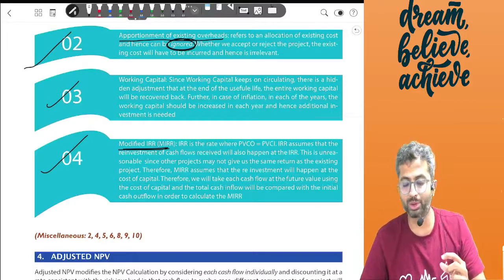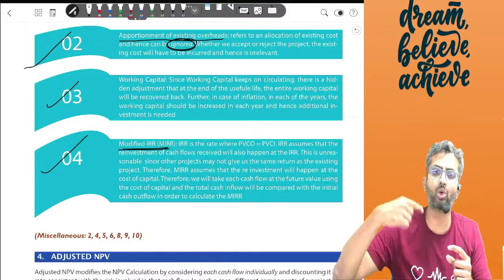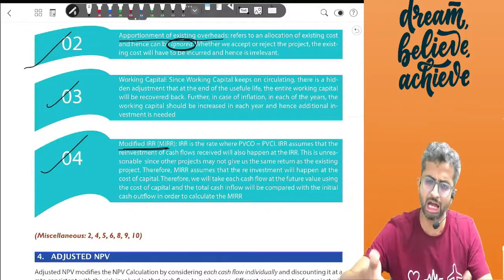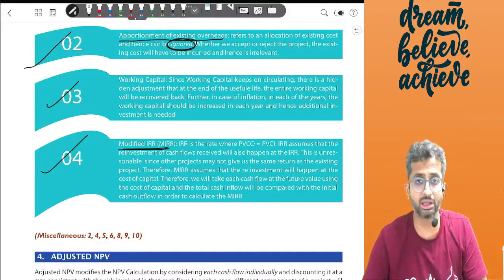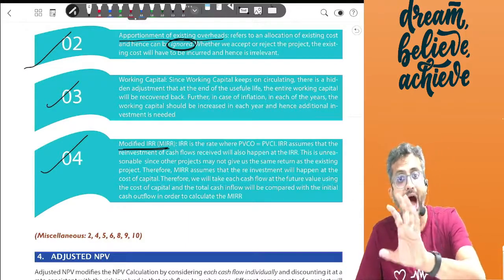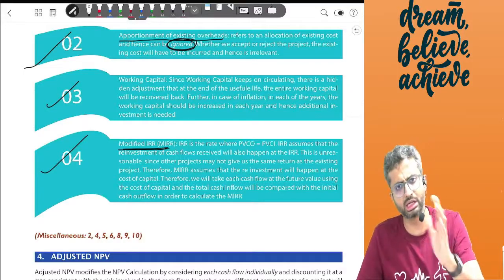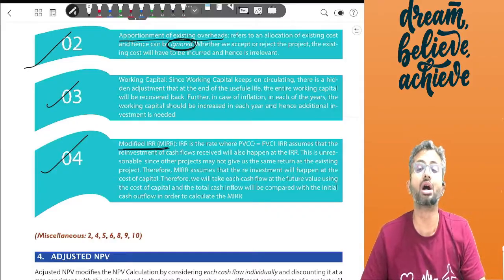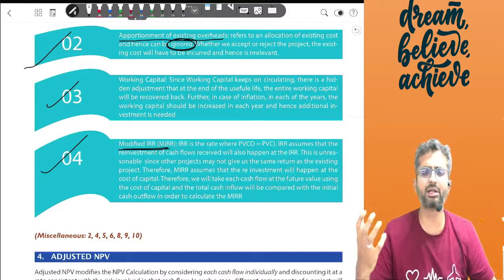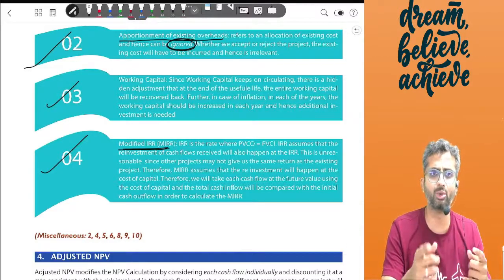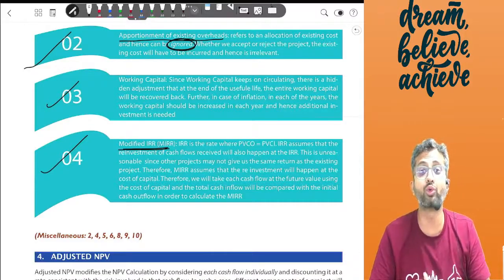The next 200 rupees that is received in the second year, I will compound again at the cost of capital for 1 year, and the last 300 rupees is already at the end of the third year, which means I will find the total cash inflow at the end of the third year, assuming reinvestment happens at the cost of capital. Compare it with, let us say, your initial investment,